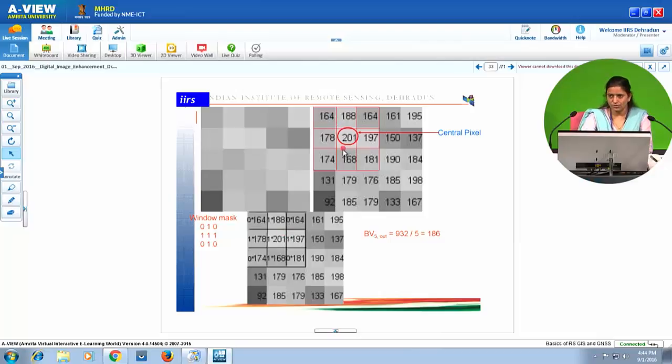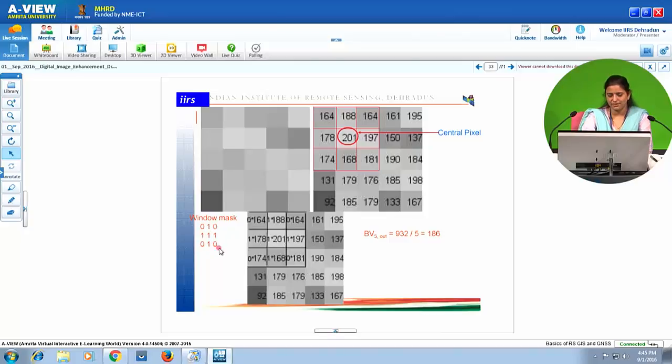How is the new value calculated? Here the window mask is this one: 0, 1, 0, 1, 1, 1, 0, 1, 0. So this will be multiplied by the brightness values of the pixels. When we place this window mask over here, you can see 0 multiplied by 164 plus 1 multiplied by 188 plus 0 multiplied by 164 and so on would give me 932, divided by C1 plus C2 plus C3 plus C4 plus C5 up to C9.